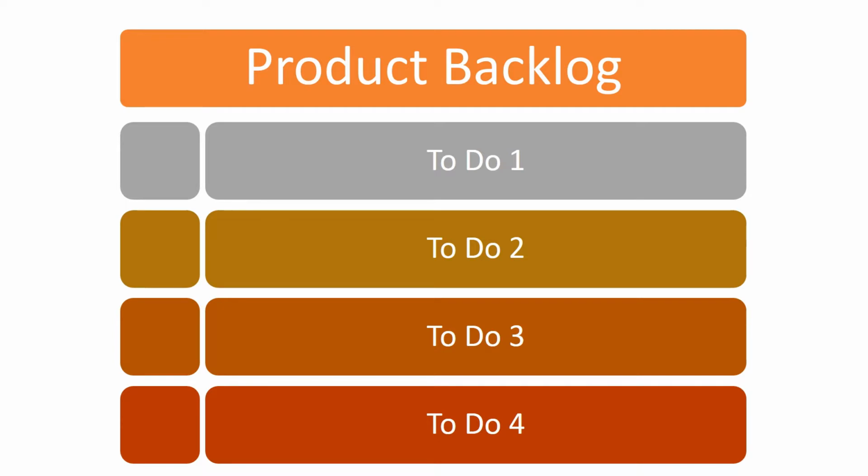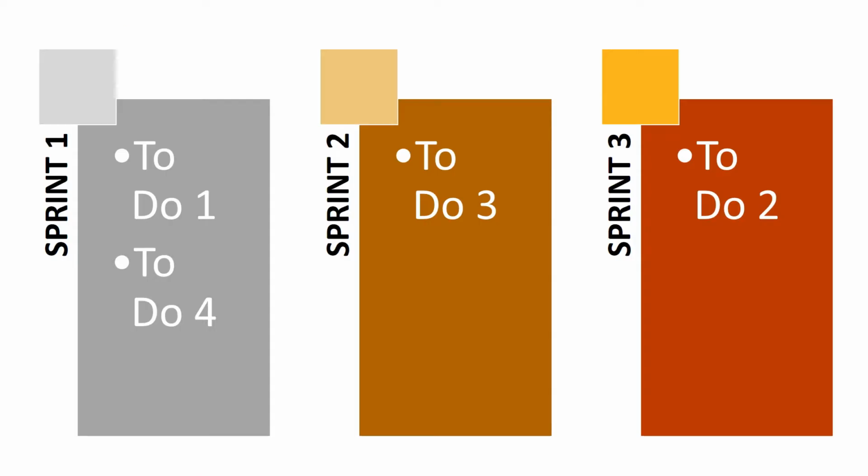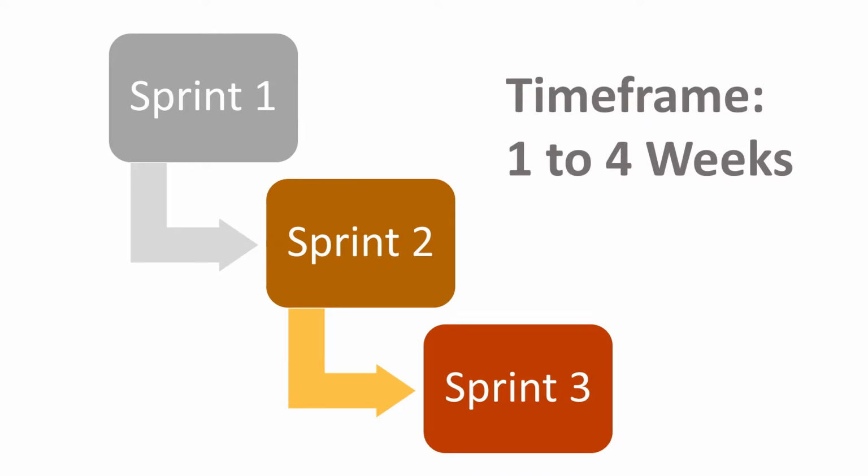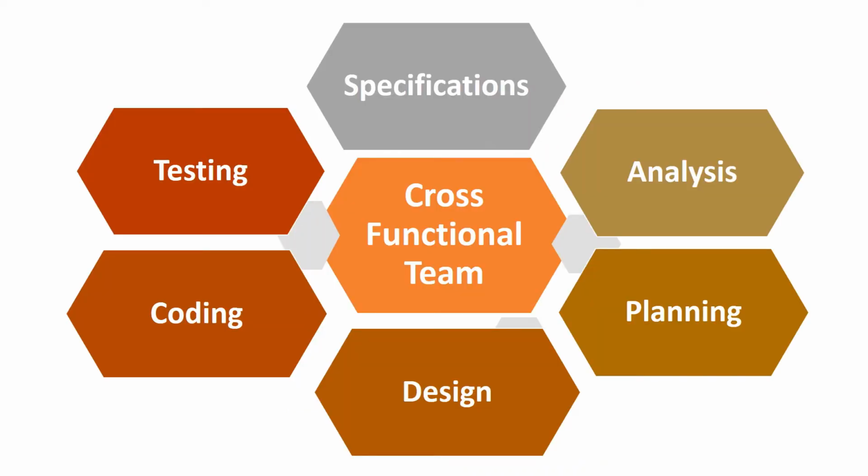The iteration or sprint break product development work, called product backlog, into small increments that minimize the amount of upfront planning and design. Backlog is broken into iteration by the product owner based on business value and priority. Iterations or sprints are short time frames that typically last from 1 to 4 weeks. Each iteration involves a cross-functional team working on all aspects of software development, including specifications, analysis, planning, design, coding, and